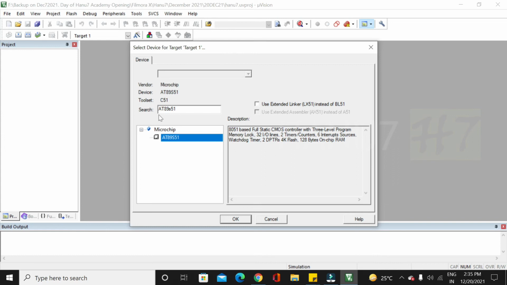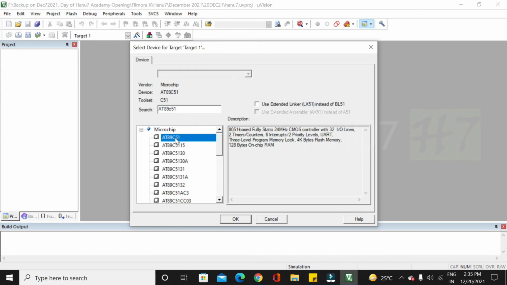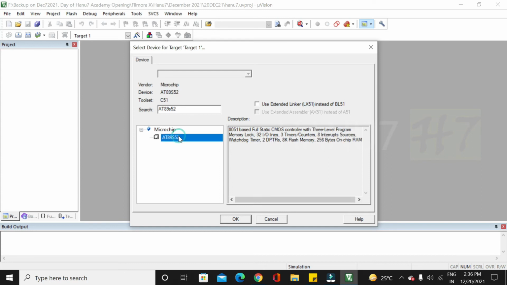Then click OK. You may wonder, sir, I don't have this AT89S51 with me, what should I do? You can select AT89C51 also. Especially the S series has SPI, serial peripheral interface, so you can program an AT89S52 better than an AT89C51.